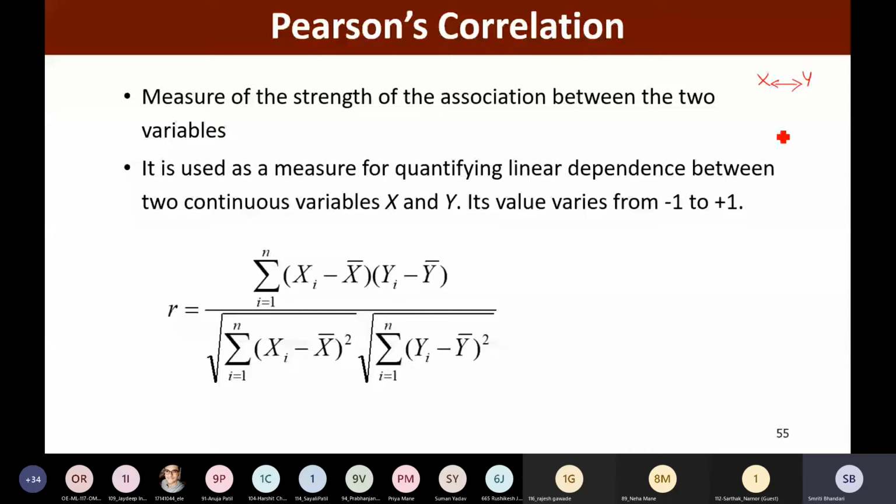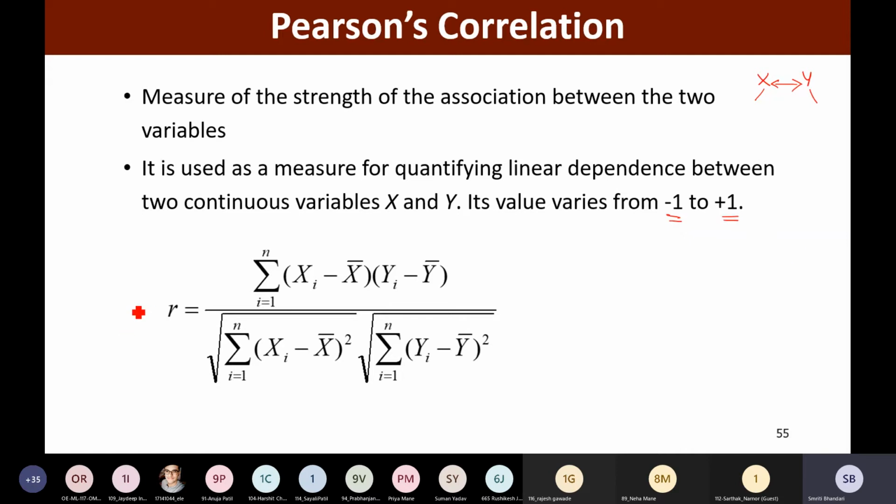It is used as a measure for quantifying linear dependence between two continuous variables. The value of this Pearson correlation coefficient varies between -1 and +1.